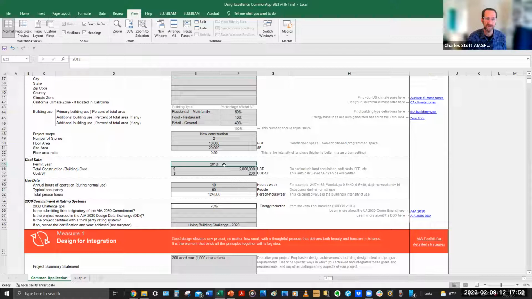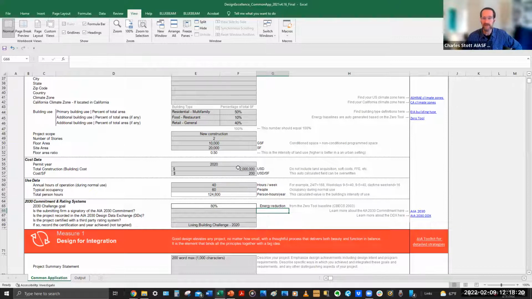If you're 2018, the 2030 commitment requirements are 70% above baseline. But if your project was actually permitted in 2020 and you change this to 2020, you can see down here that it goes to 80%, because the 2030 baseline changes in 2020. So just make sure you get the year right.